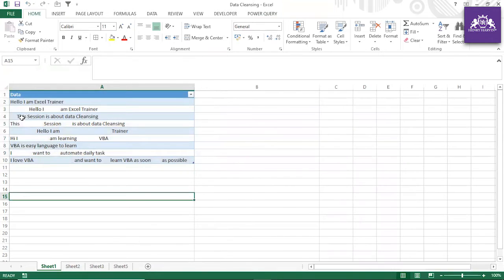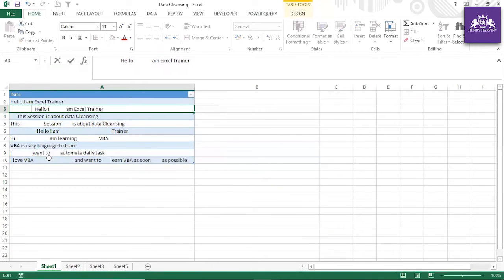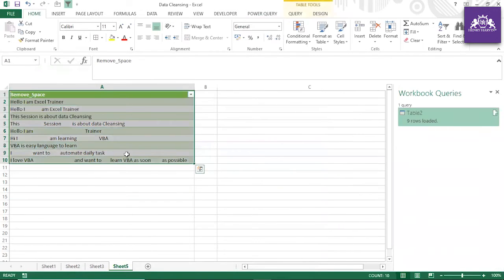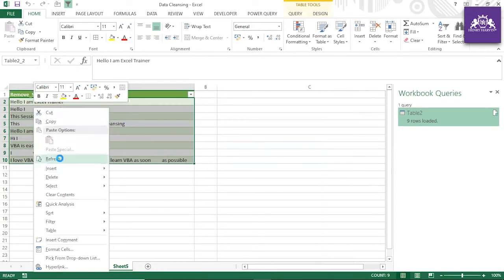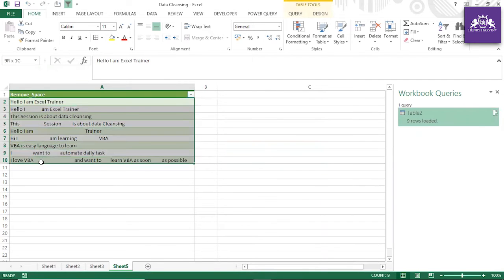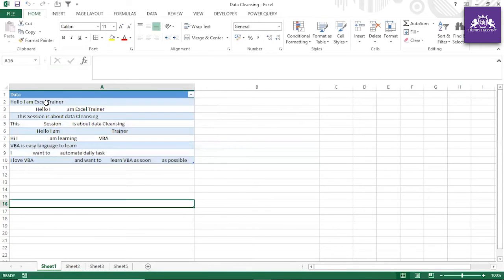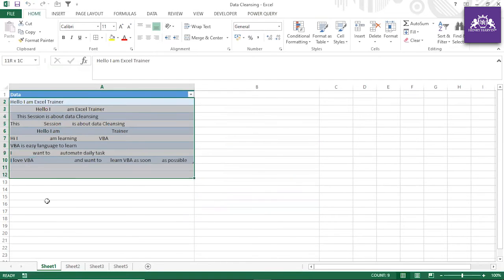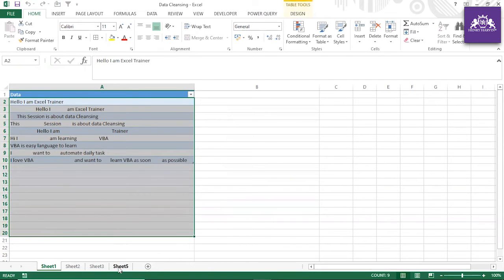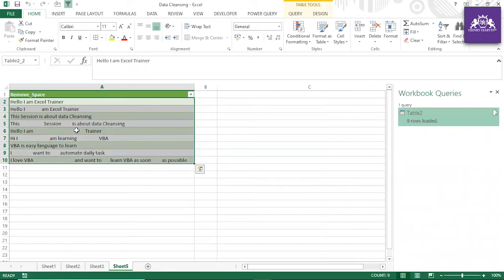All right, if you go to sheet 1, now you see before hello we have the space. And if you go to sheet 5 where the query is loaded and now refresh it, what happens here? This Power Query trim function is removing the leading space and trailing space from the start and end, but in between the words the space is not removed. So guys, this is the problem. So how to execute this so that when someone supplies or feeds the data in one of the Excel files or Excel tabs, your query can remove all unwanted spaces?